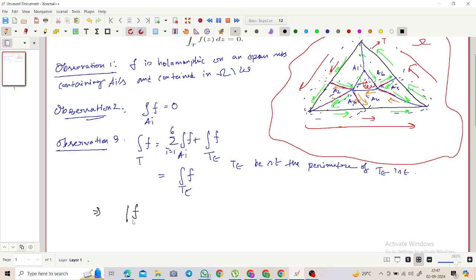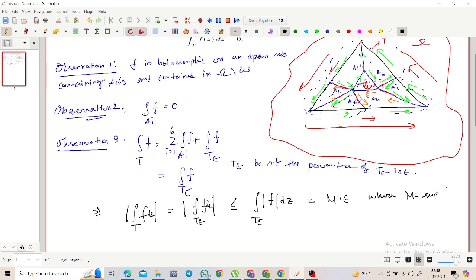The modulus is equal to, is less than or equal to, the modulus, where, since f is bounded near omega, f is sup f(z),